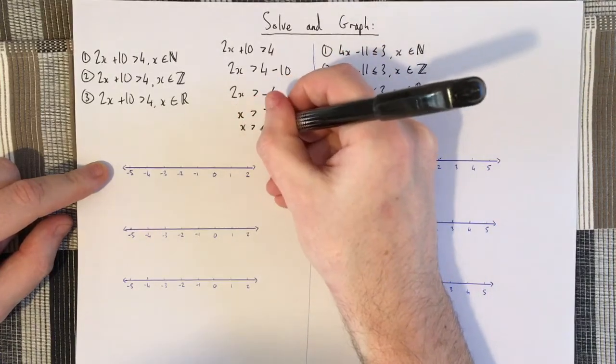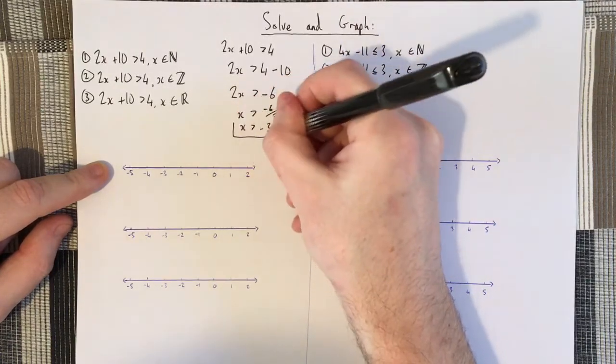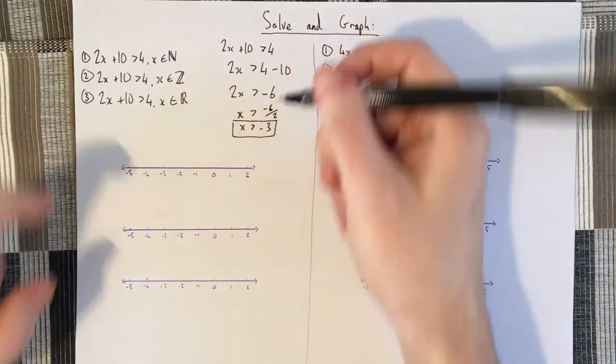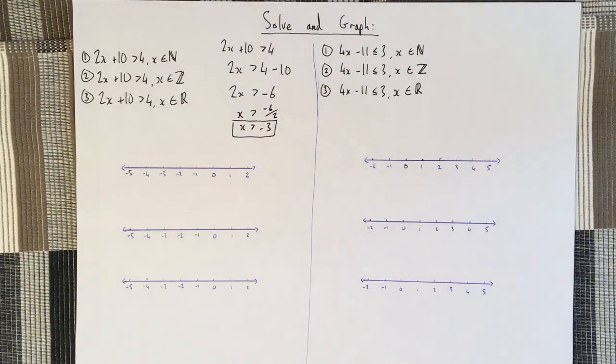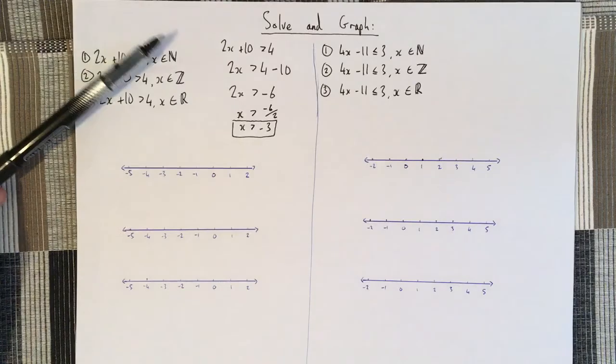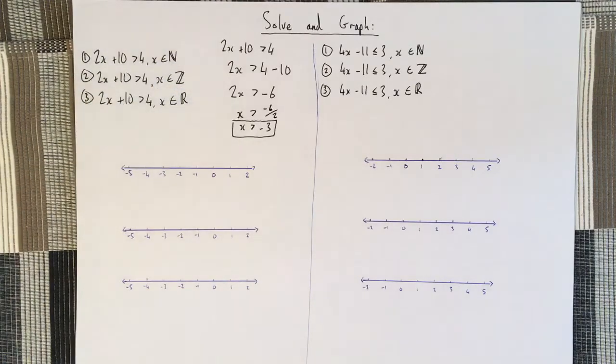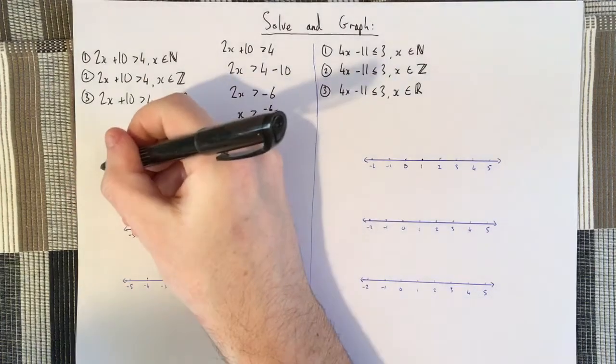So x is greater than minus 3. So there's your solution. X is greater than minus 3. So that's what you're graphing for each of them. X is greater than minus 3 in natural numbers, then in integers, then in real numbers. So I don't need to solve it twice more. All right, so first one